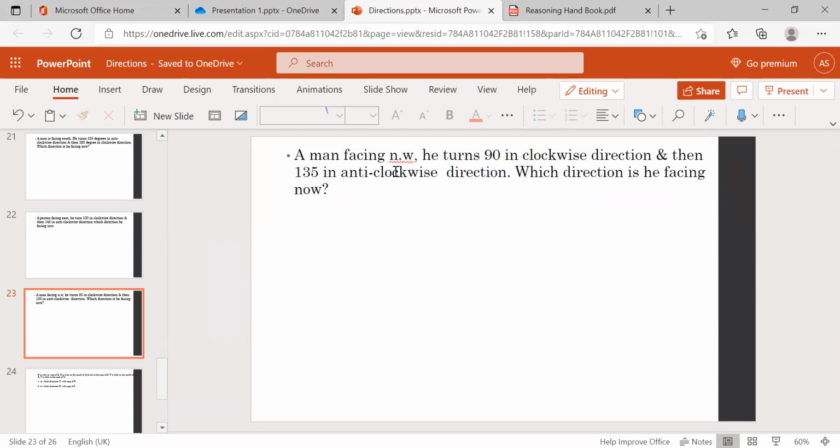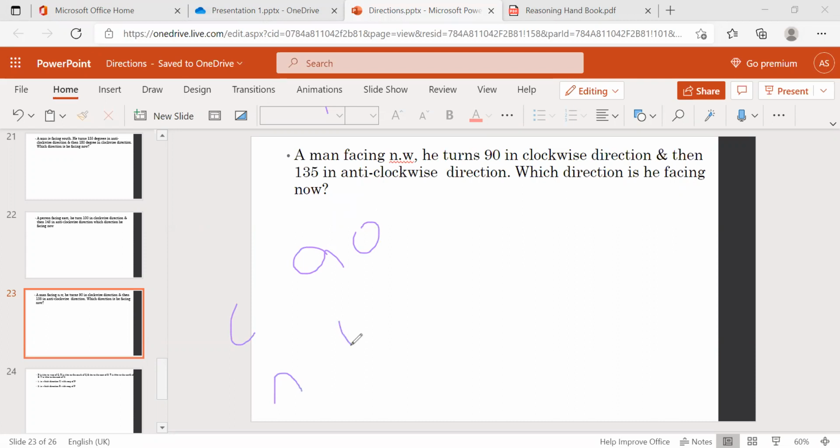Now another one. A man facing northwest turns 90 degrees in clockwise direction, and then 135 degrees in anti-clockwise direction. In which direction is he facing? See, 90 degrees clockwise and 135 degrees anti-clockwise. So directly you can say, actually, that's what I taught in the first class. So 90 degrees clockwise,